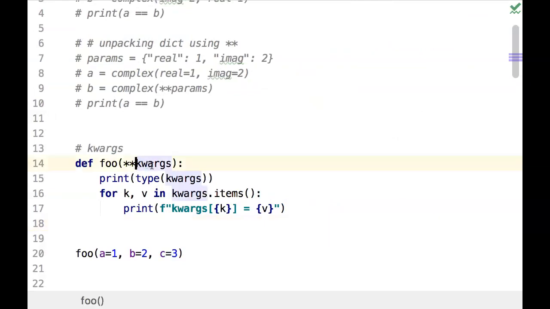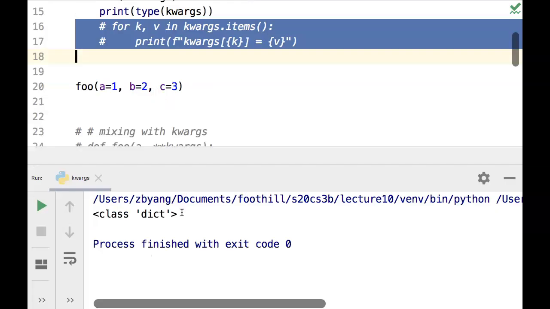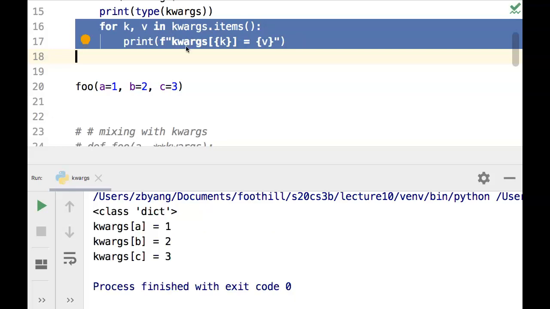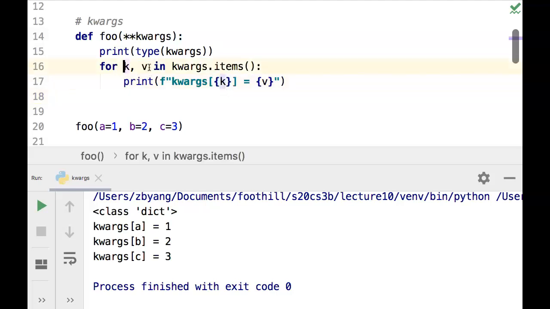Here I say double asterisk and kwargs. I'll print out the keyword arguments, the type of it, and the type is a dictionary, and that's why in the next two lines I am going to go through the dictionary, all the items, and print out the key and the value